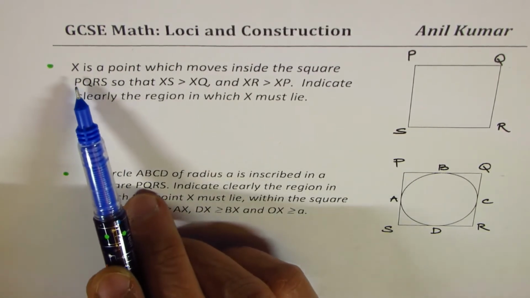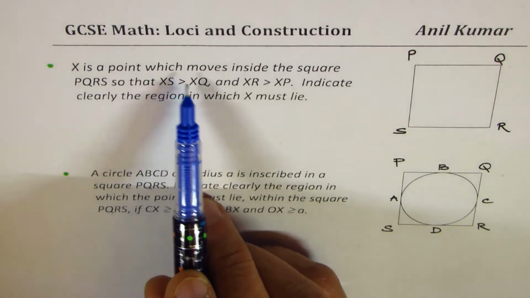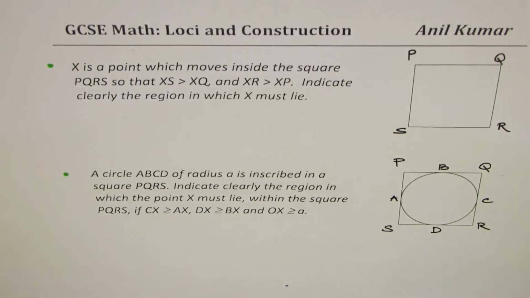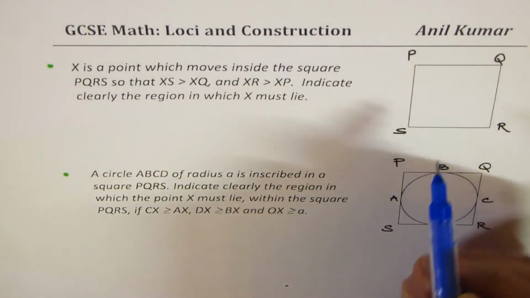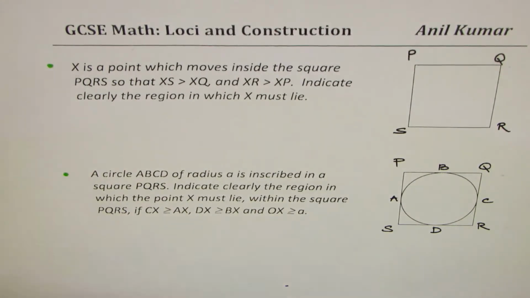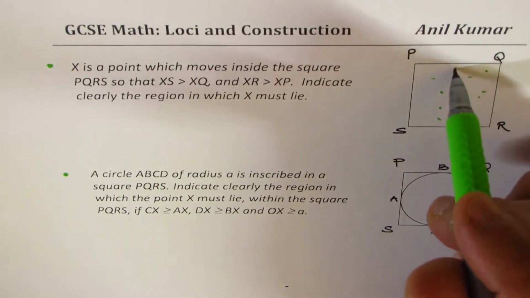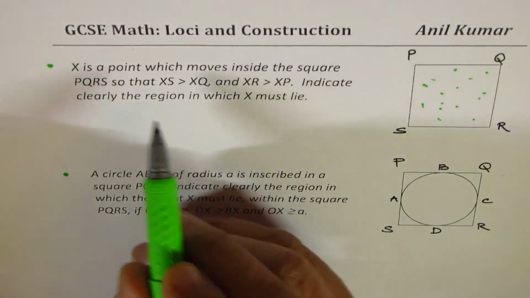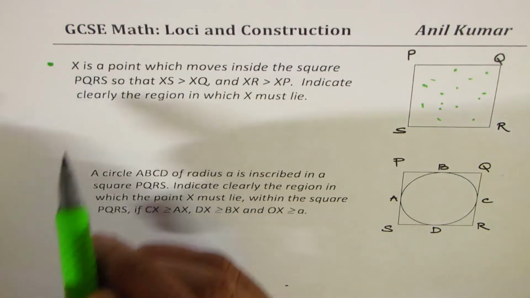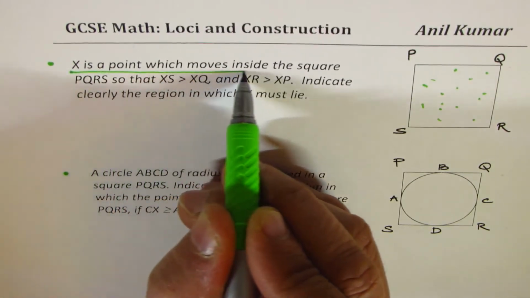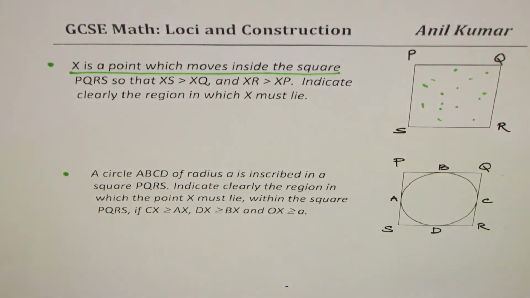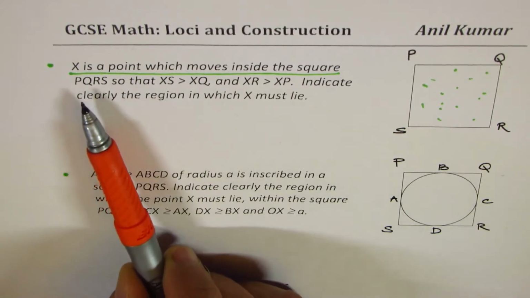The first one is: X is a point which moves inside the square. That means it could be anywhere inside the square, correct? So this is my first step. X is a point which moves inside the square PQRS. Now the second condition is that